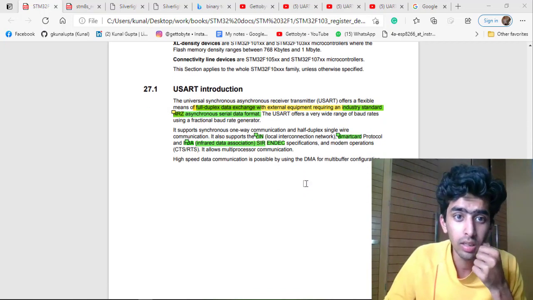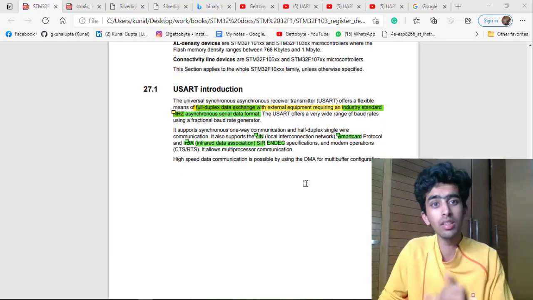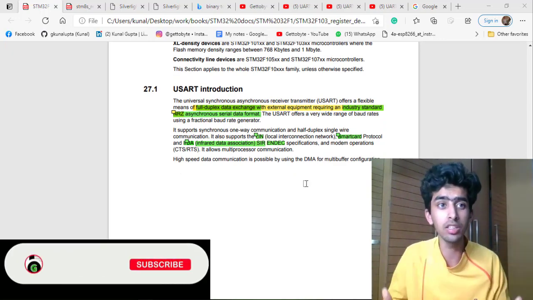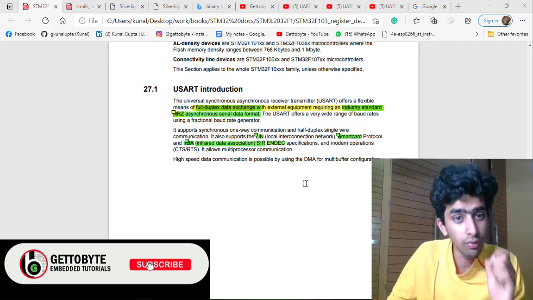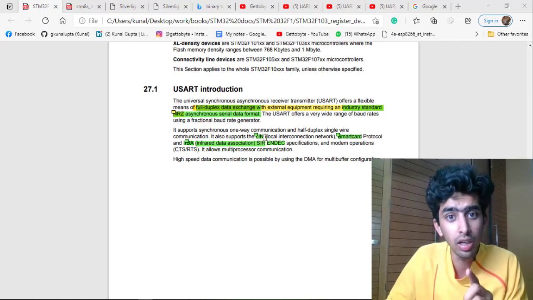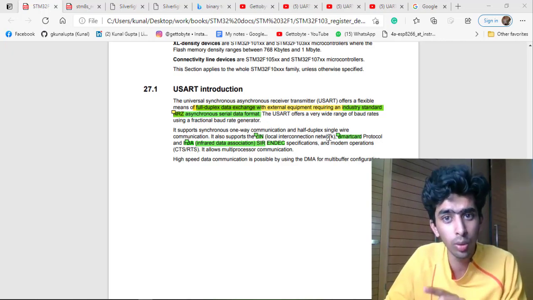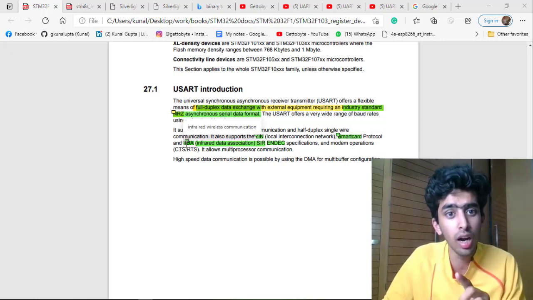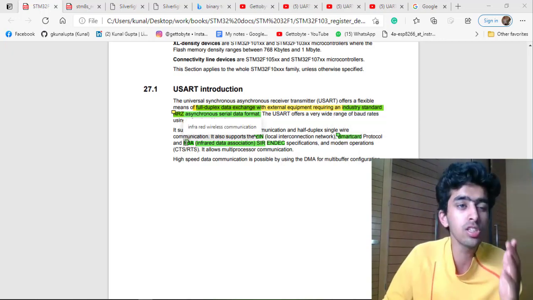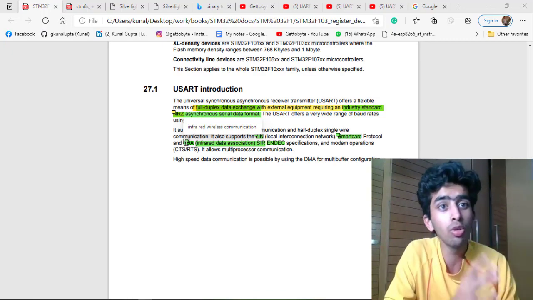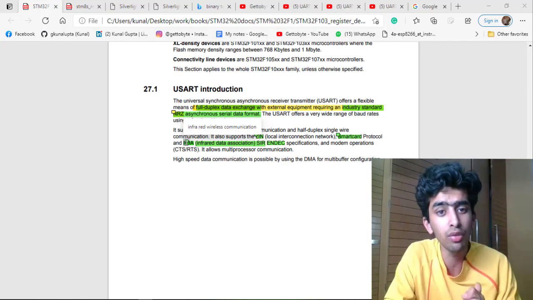Okay, and as I said, the UART is a very enriched communication protocol, a very enriched peripheral device. So via UART it supports the LIN, the Local Interconnect Network, the smart card protocol for wireless smart cards, and IrDA, the Infrared Data Association, which is a communication protocol for our IR receivers, for our IR signals, these electromagnetic waves, infrared signals.